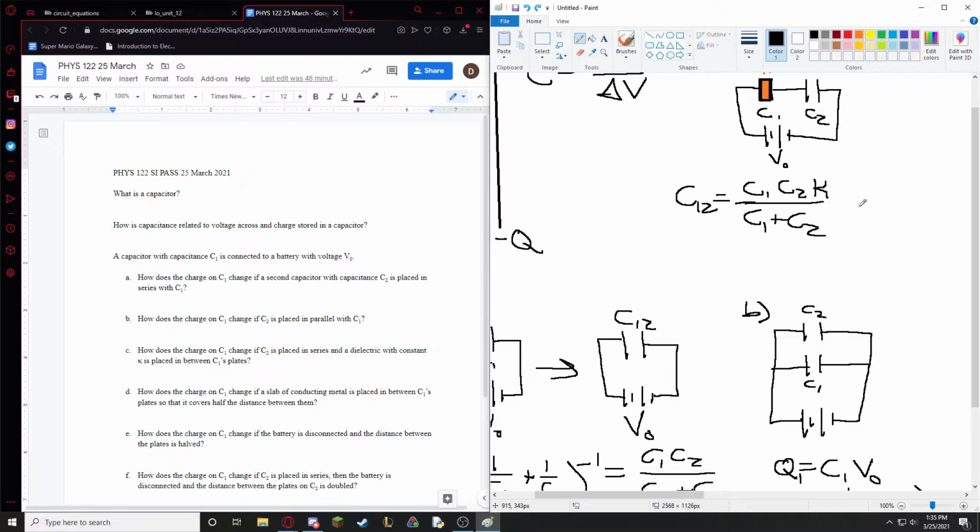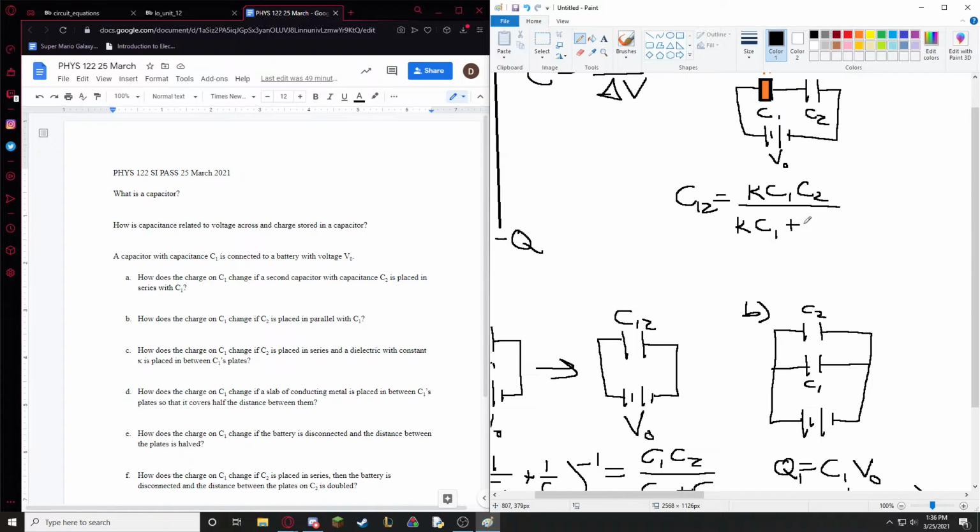Well, the dielectric is just in C1, right? Yep, exactly. So we only have to take into account the kappa for just C1. So you go ahead and write this with a bit more room. So we have C1 times C2, and we also have to take into account the kappa because the new capacitance for C1 is kappa times C1 over